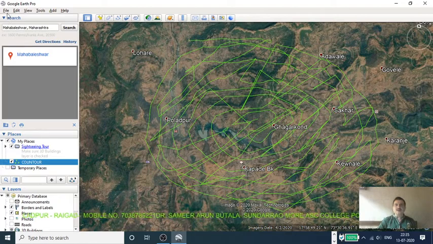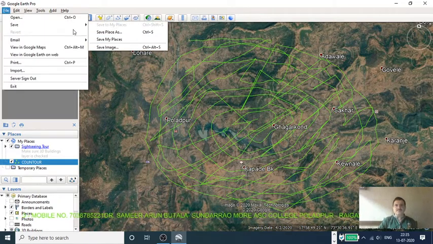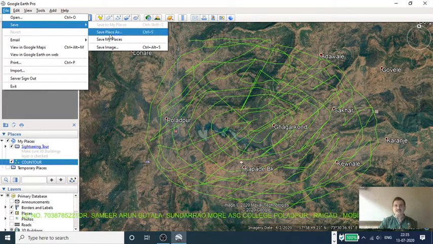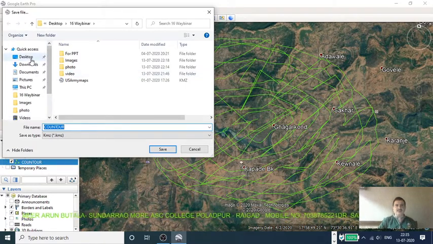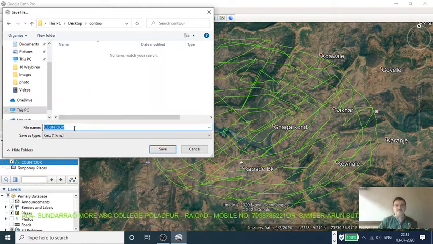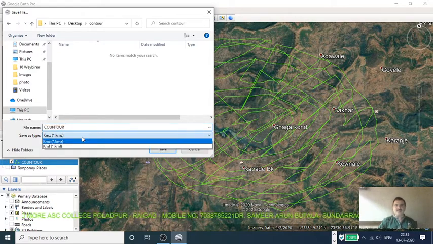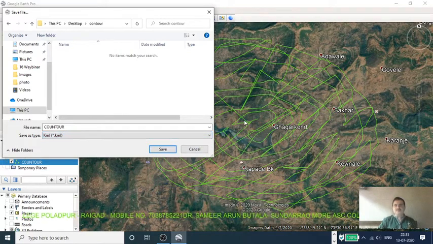Then go to the file and save it. Click Save Place As. Give the path, the folder we created on the desktop, and our folder name is contour. The file name may be contour, but the save type we have to change to KML file. Google Earth's save type extension is KML.